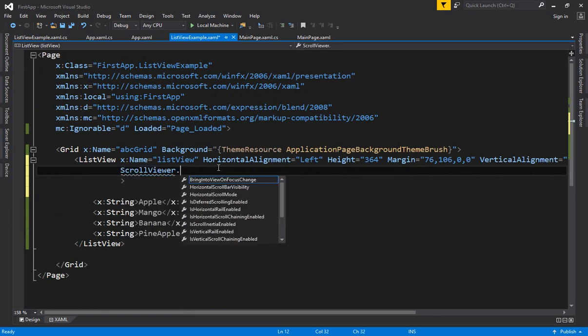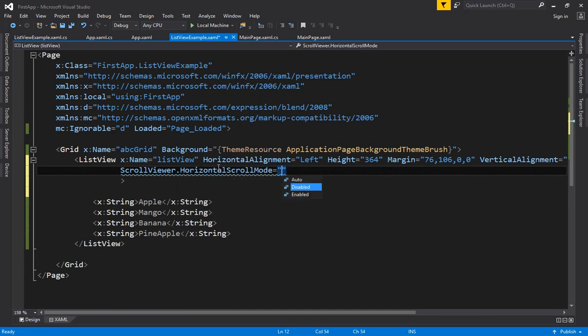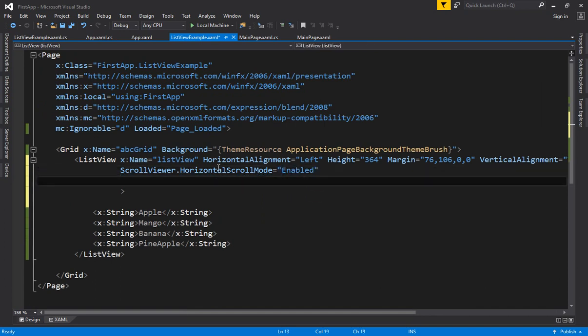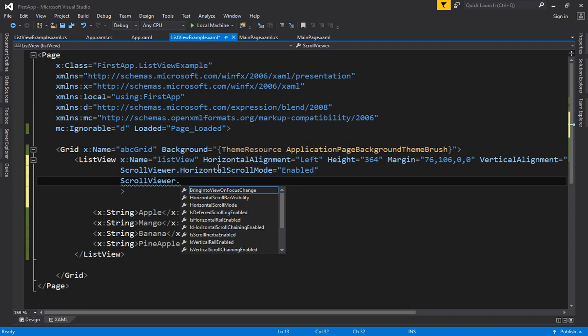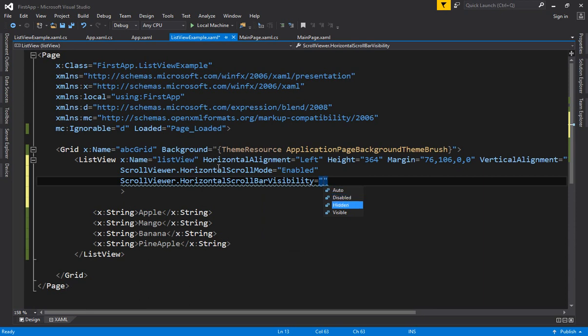ScrollViewer.HorizontalScrollMode equals Enabled or Disabled, whatever you wish. Then the next property that you can specify is the scroll bars, basically the vertical and the horizontal scroll bars with respect to your list view. ScrollViewer.HorizontalScrollBarVisibility equals Auto or Hidden,